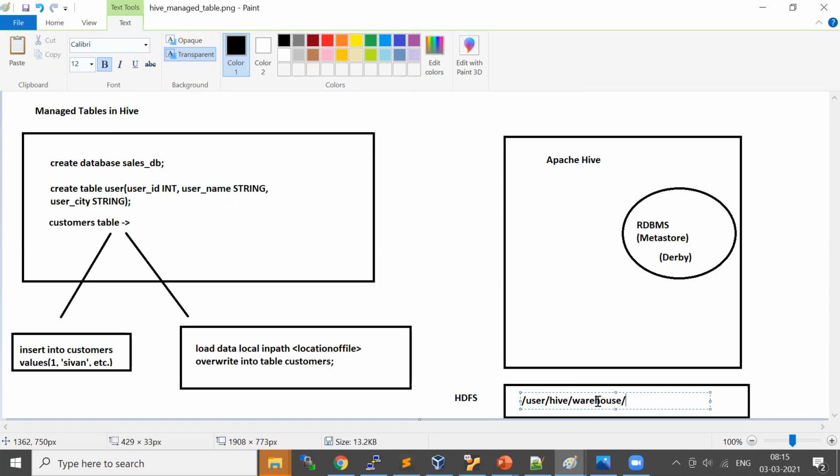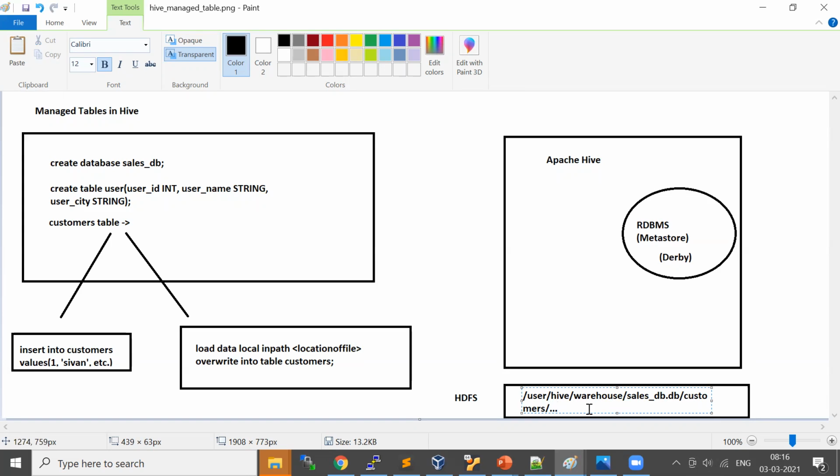Under the warehouse directory, it will create one directory for a database, so basically a sales_db.db directory will be there. Inside that, you will have one more directory called customers, and inside that you will have files. The files will mostly be named part-something. I will show you once it is loaded.